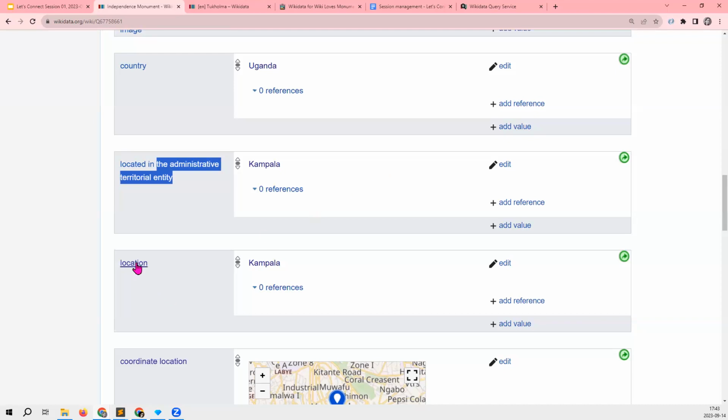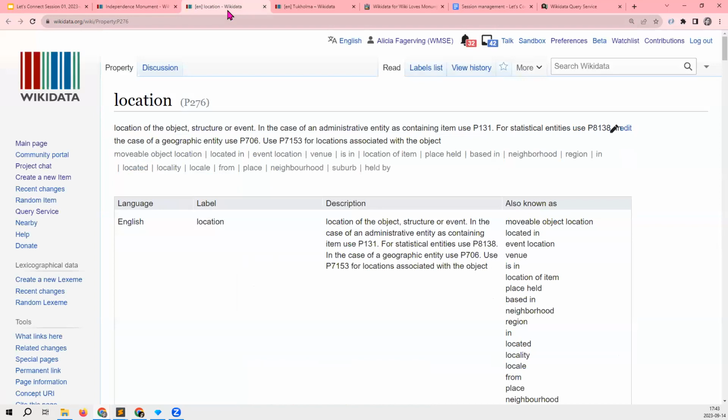Whereas location is for places that are not an administrative unit or entity. And of course, in different countries, there might be different practices, different ways of doing that.